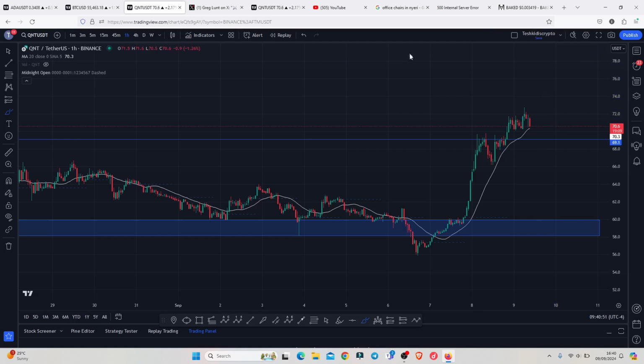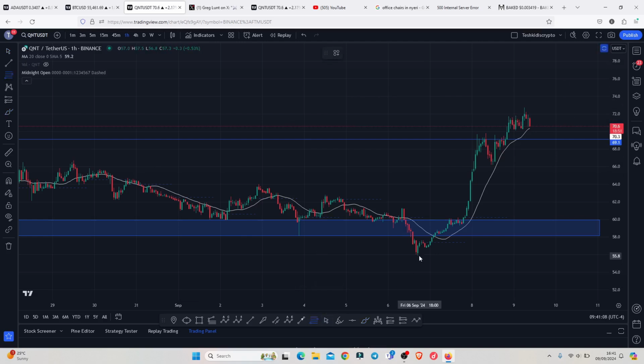We also need to have in mind that since we have seen this aggressive bounce to the upside with no significant pullbacks, there's a chance that we can easily see a bit of a short-term pullback over here before we can continue gearing up even higher. And if that is the case,